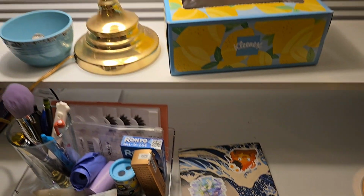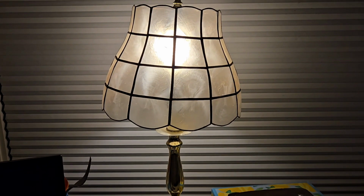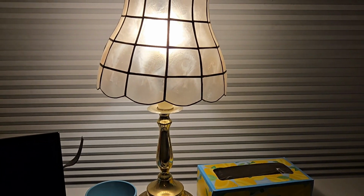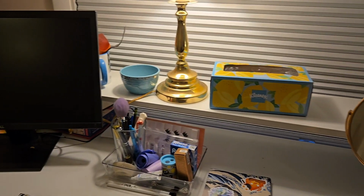This is my journal. And I got this cute lamp from my friend. She got it for me. She didn't really like it because she didn't like the aesthetic, so